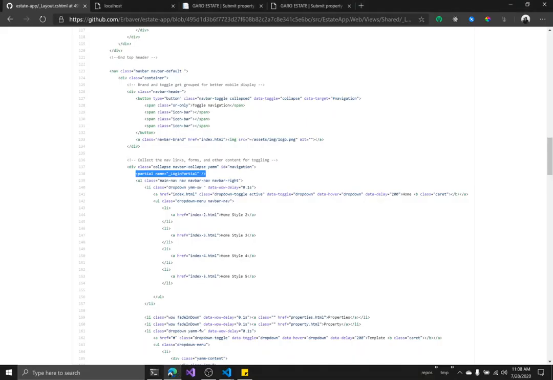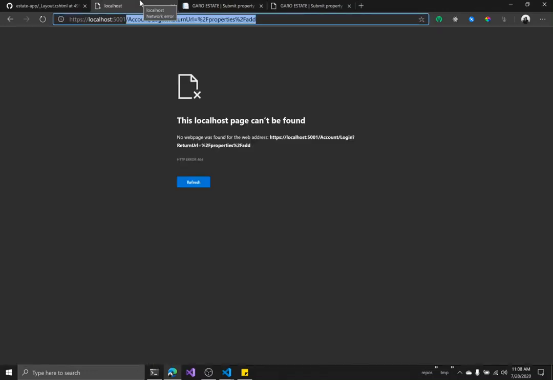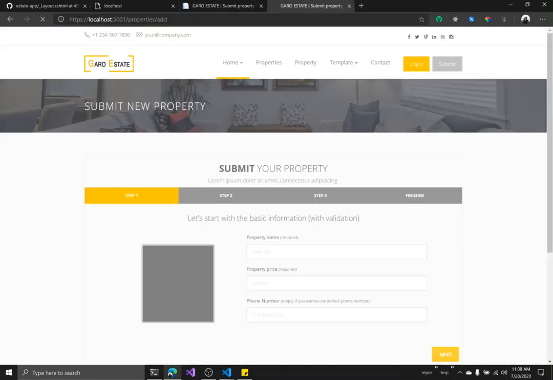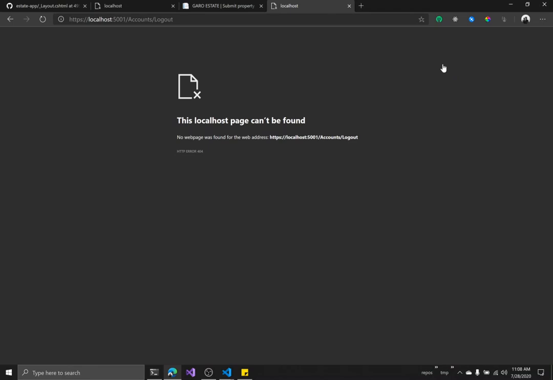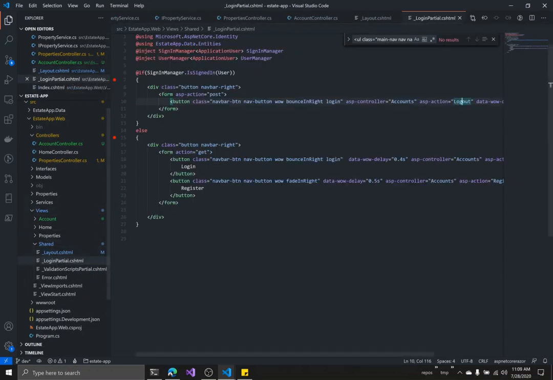Okay, and this time, where's the page? So add. And this time when I hit enter, you see, because I'm logged in, I have this log out button here. And now if I hit log out, we need to make some changes to our partial because we changed that name. So if I come to the partial,